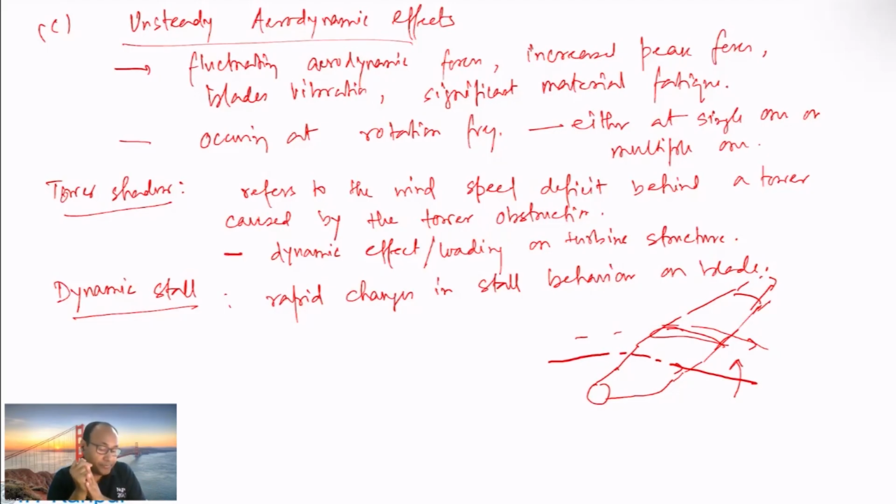Those kinds of situations primarily happen because it's a rotating system, and once you have that kind of dynamic stall effect, it is going to have a huge impact on turbine performance because it will increase your drag. At the same time, because of vortex shedding and all this, you may end up having high-frequency loading on the structure. Other unsteady effects we will talk about in the next session.